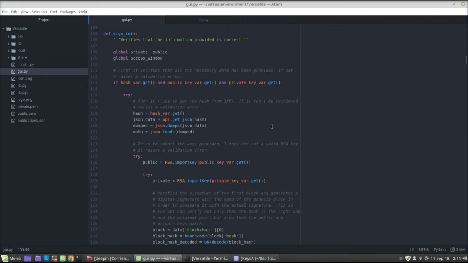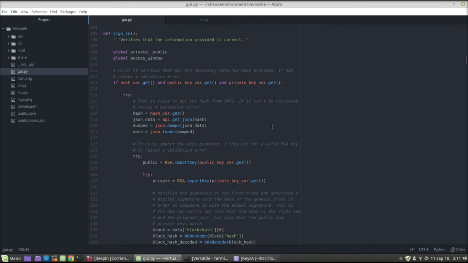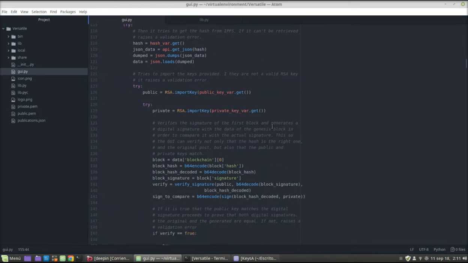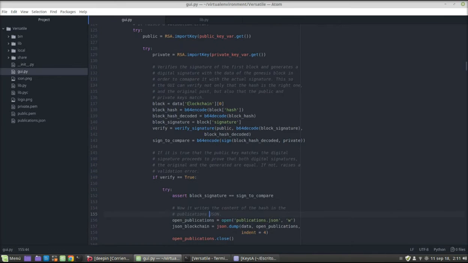When you try to access your account, what happens is that first the UI retrieves the content from IPFS, then it looks at the first block, hashes the block and signs it with the public key that you gave to it. Then that signature is compared to the actual signature of the block, to verify that the block on the general blockchain wasn't changed. And so here you can see that first it tries to verify that they are actually RSA keys. And here it takes the data from the first block,